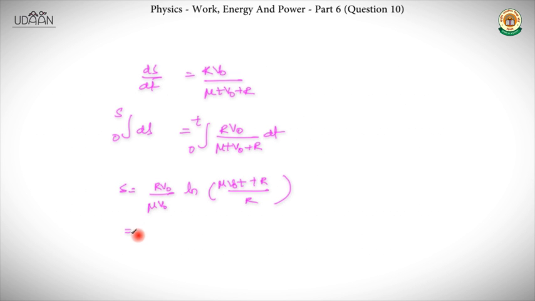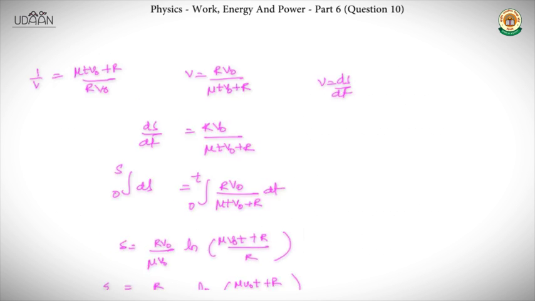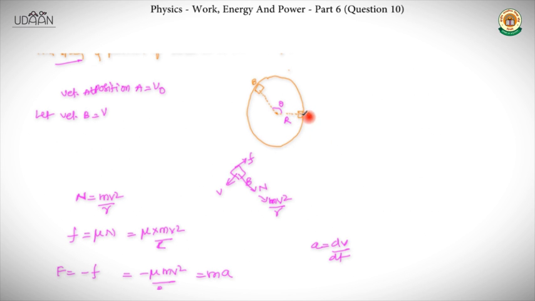V naught gets cancelled, so we will be getting s is equal to r by mu into ln of (mu v naught t plus r) by r. If you want the angular distance, theta, just by taking the radius as r and the circumference as 2 pi r, and the angle traversed is 2 pi,